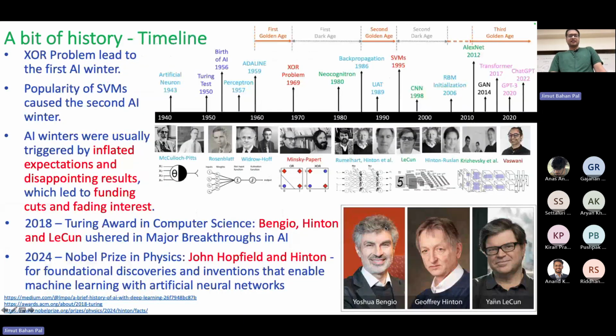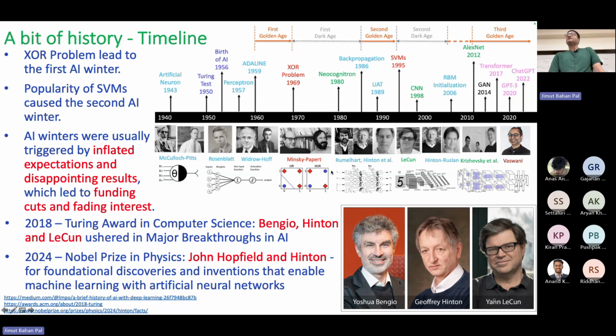Some other history: mostly what happens in deep learning in general is there is a golden age, then a dark age, then a golden age and a dark age, like the AI winters. The famous XOR problem caused the first AI winter. Then the popularity of SVMs and other methods caused the second AI winter, because back in the 1980s to 1990s and even the 2000s, most researchers focused on those methods which were explainable. AI winters are generally triggered by inflated expectations and disappointing results,